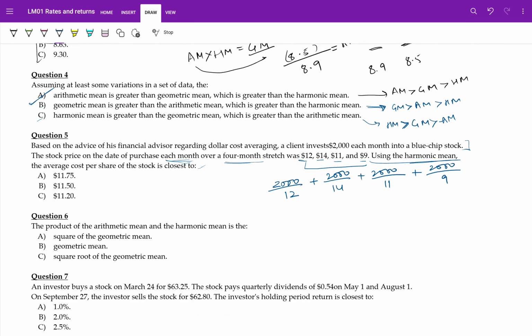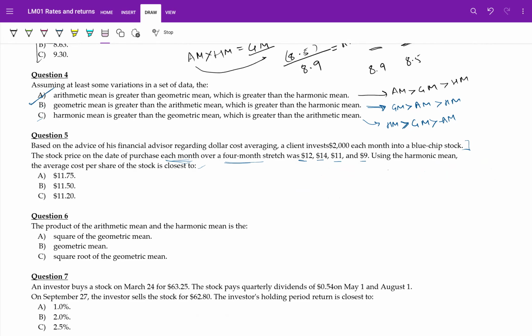So this will give you the average number of shares, right? How many shares did you buy? You divide 2000 by each of these share prices, and this will give you the number of shares. Then you add back everything. Or you can use the simple formula here,